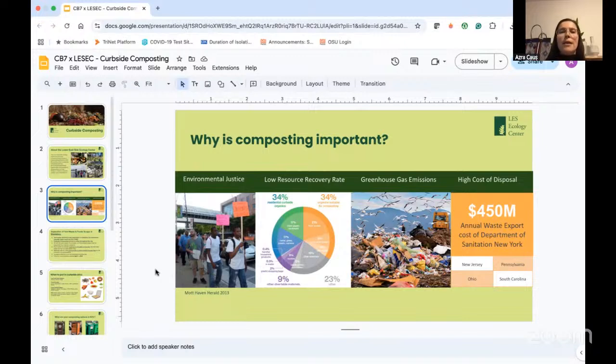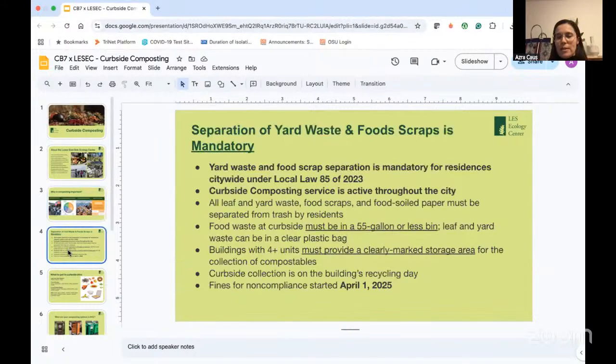Also, it is extremely expensive for our food waste and our waste in general to be shipped out of state, hundreds of miles away. So with composting and building composting, it's better for the environment. It increases